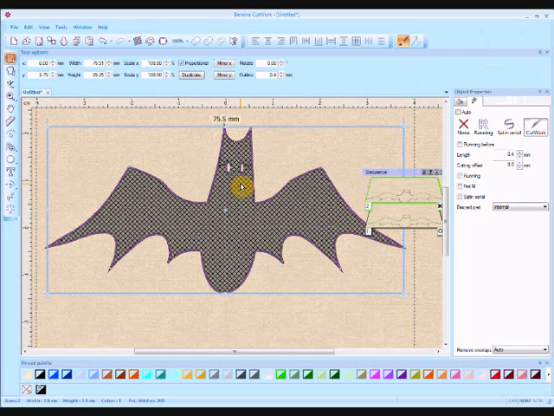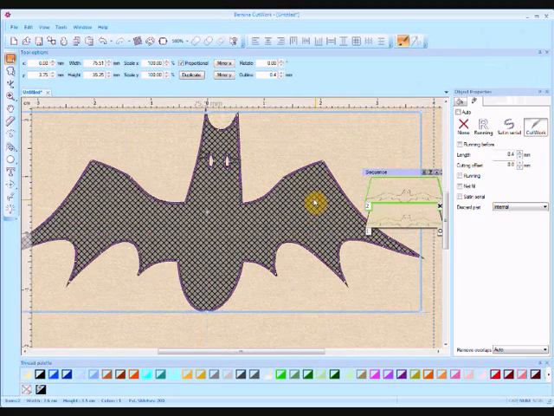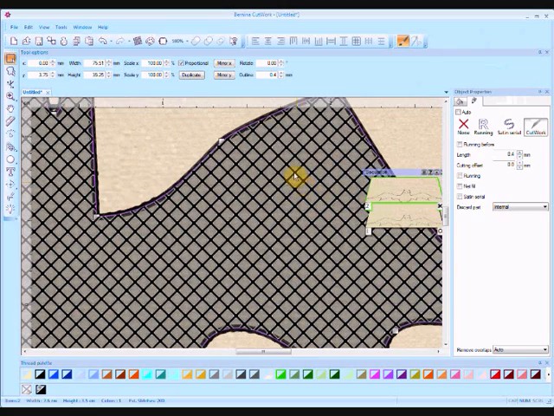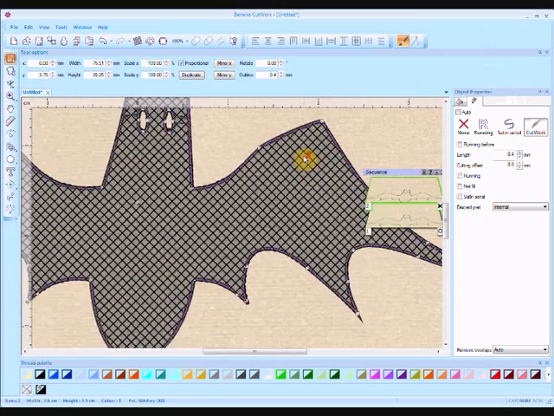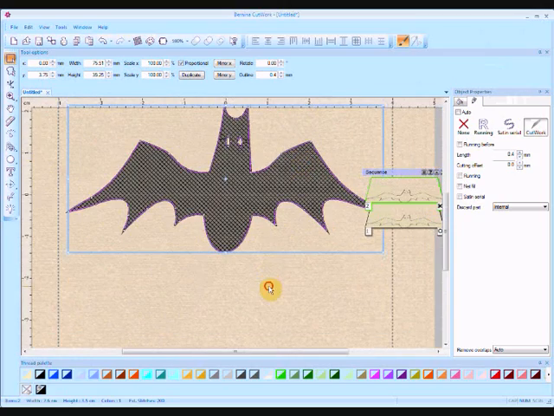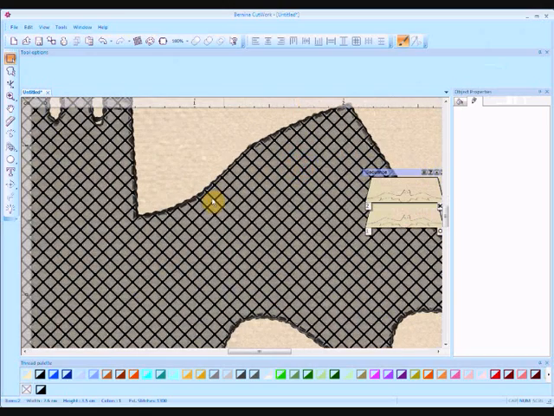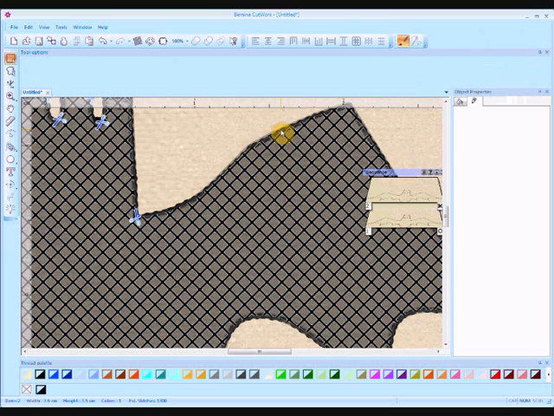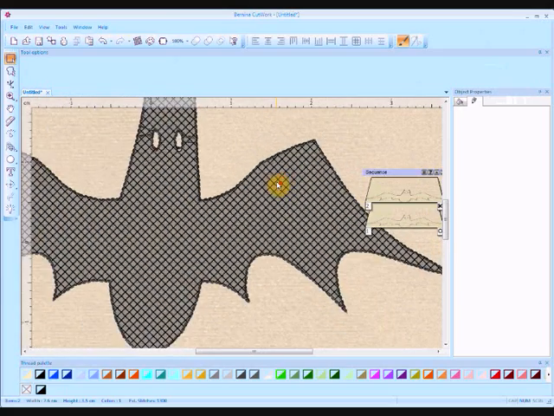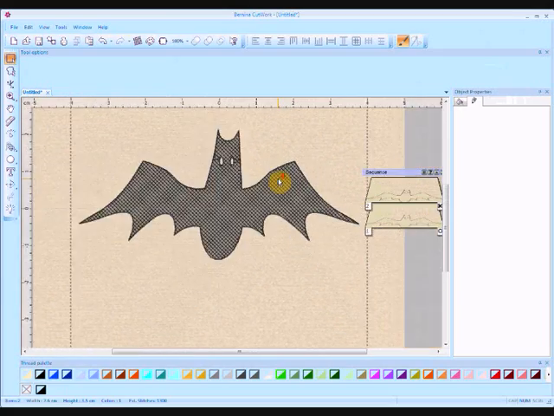Okay, now when the software brings the graphic in, it automatically creates the line of stitching. If I zoom right in, and actually before I zoom in, I'll click off so it's not selected, and if I zoom right in, you can actually just see a line of stitching here, and that's been created automatically by the software. Now we don't want the stitching at all, so we're going to delete that, and the easiest way to delete